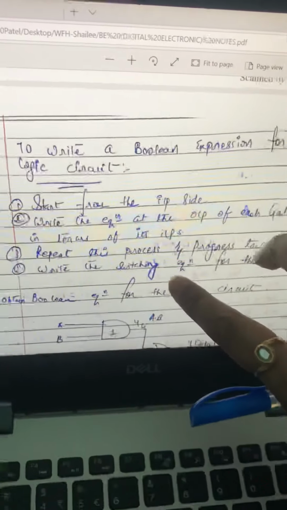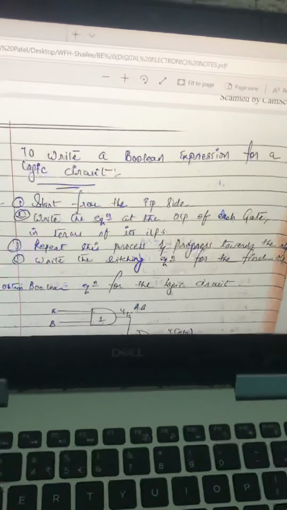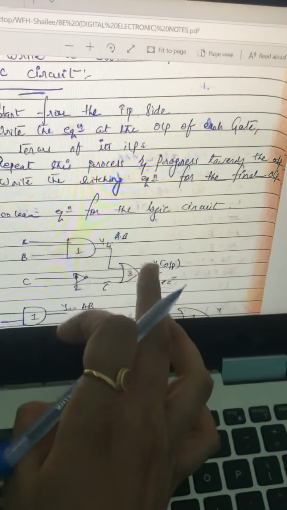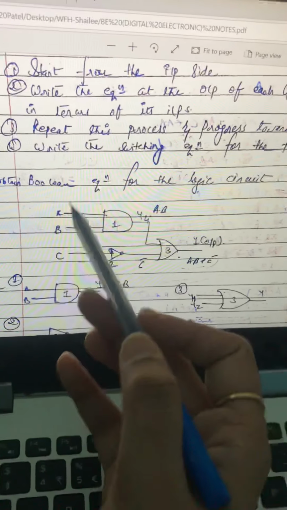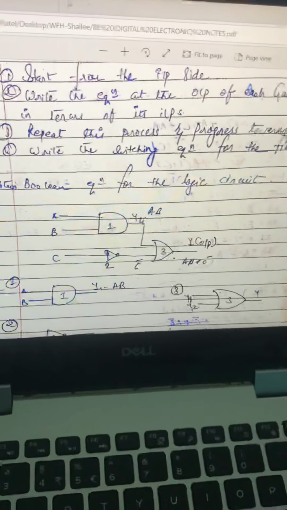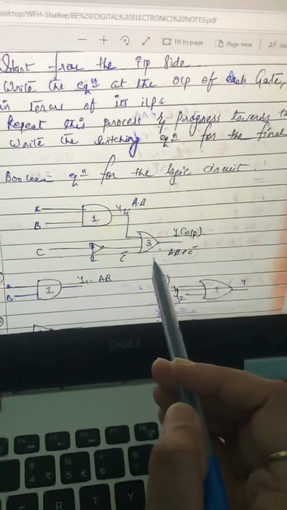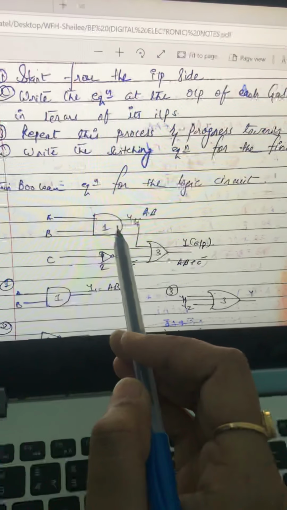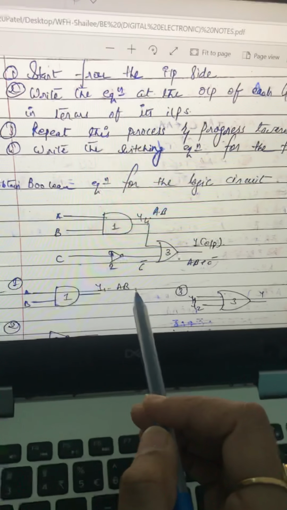Now it's time to move on to how to write a Boolean expression from a logic circuit, and vice versa. Firstly, let me show you how we can write the Boolean expression. See, this is the logic circuit. Let's try to solve it in parts. This is the first part, this is the second part, this is the third part, which is the output. Let's assume the first part has two inputs A and B, and it is an AND gate. So you can write its output as A into B. So you get Y1 as A into B.